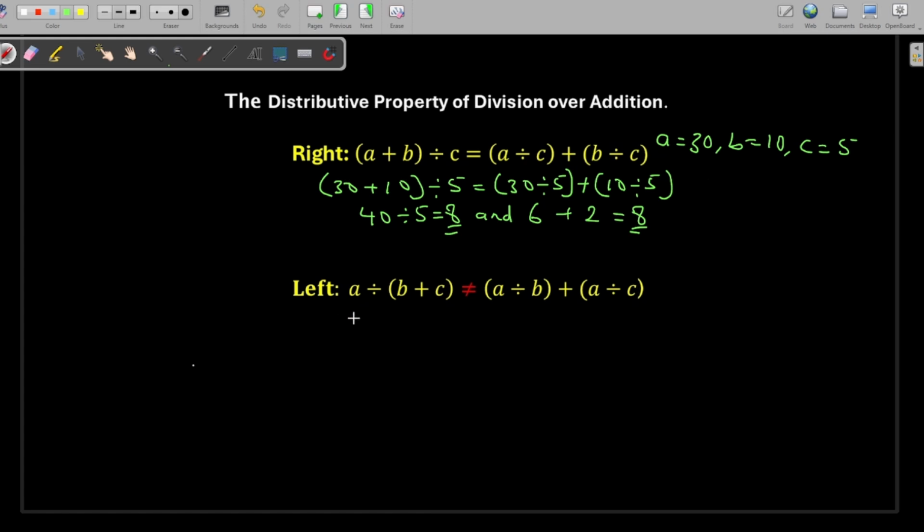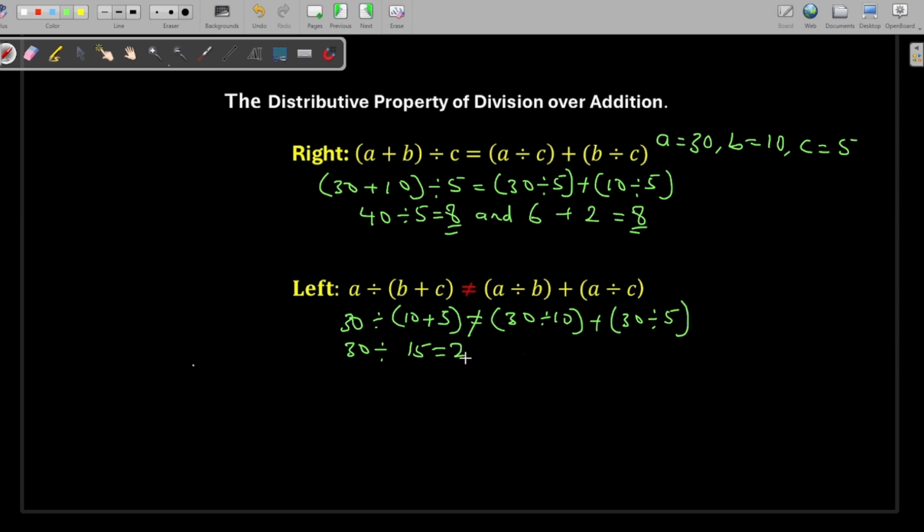Okay, so let us use the same values for the left expression. So our a is 30 divided by our b is 10 plus c 5. We said it's not equal, so we're going to see, and this is the symbol for not equal to. So a is 30 divided by b, which is 10 plus a, which is 30 divided by 5, close the bracket. So here we have 30 divided by 10 plus 5 will give us 15, and 30 divided by 15 will